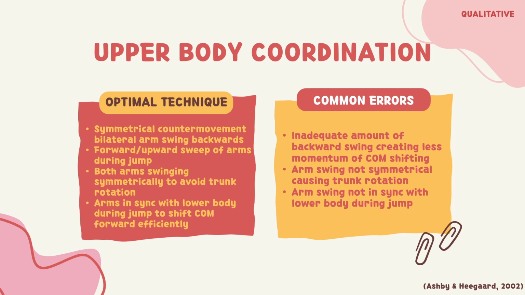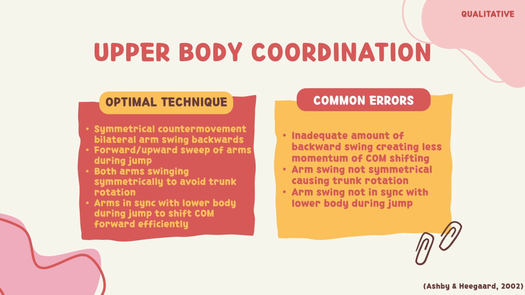Another important variable in the standing long jump is the upper body coordination. So the arm swing and upper body coordination do contribute quite significantly to the impulse of the jump. A symmetrical backward counter movement arm swing followed by a rapid forwards and upwards arm swing increases the whole body's momentum. When both arms also swing in sync with the lower limb, they elevate the center of mass and transfer